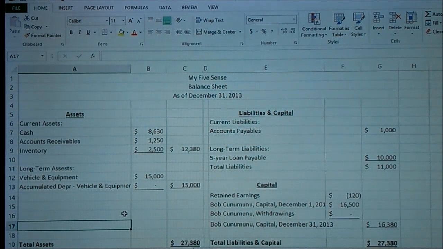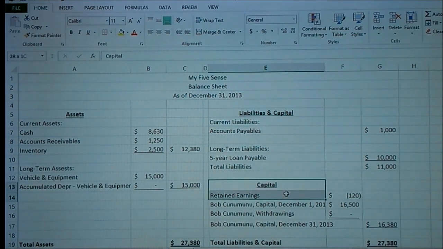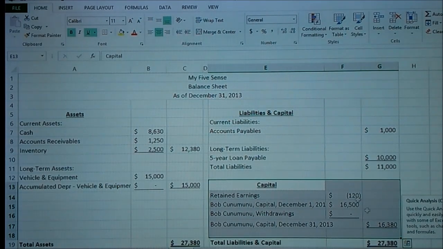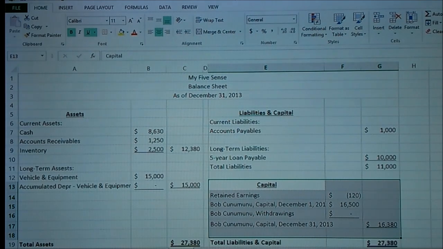And now we have total liabilities and capital, that's 27,380. So if you notice this whole little section here, that's actually your statement of owner's equity section. So if I prepared this first, I could have just used this here and generated a statement of owner's equity